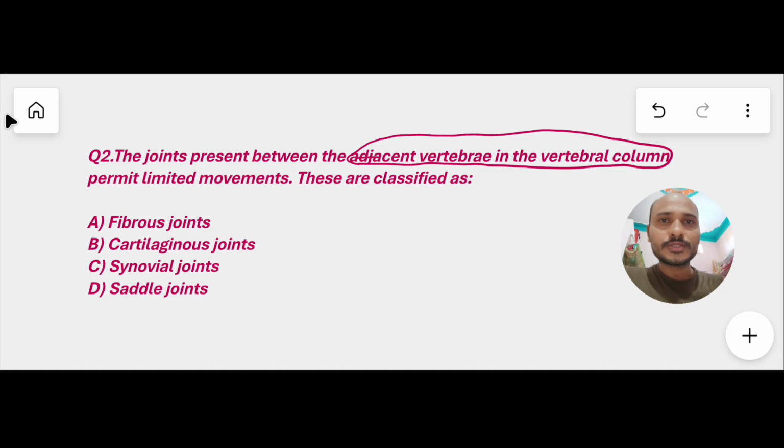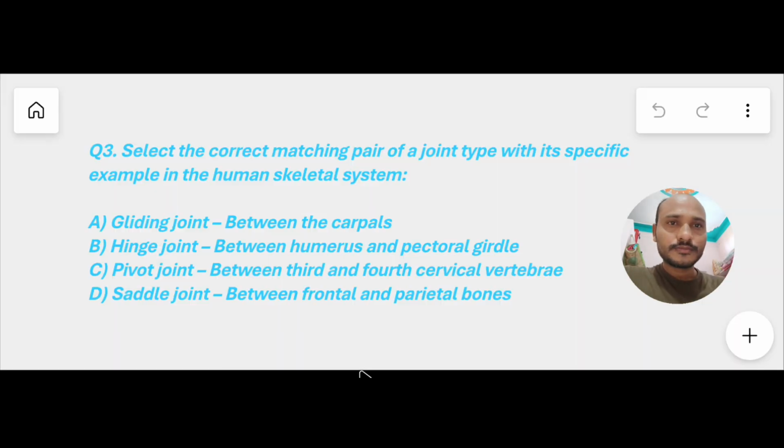One more MCQ, and the last MCQ here. Select the correct matching pair of joint type with its specific example in the human skeletal system. Just now we discussed different types of synovial joint. Here it talks about four: gliding joint between carpals, hinge joint between humerus and pectoral girdle, pivot joint, and saddle joint. Here you should identify the correct matching pair of joint. That is all about the 3 MCQs. So read it, analyze it,